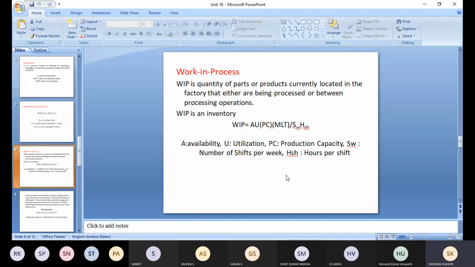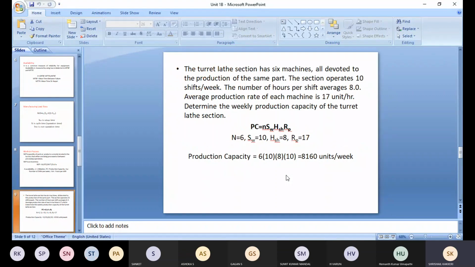And now let me take a small example. Can you hear me all? Yes, sir. The problems will be like this. They will be very, very simple problems, where you need not use the calculator at all. I will be taking a very simple example. Try to practice all of these.